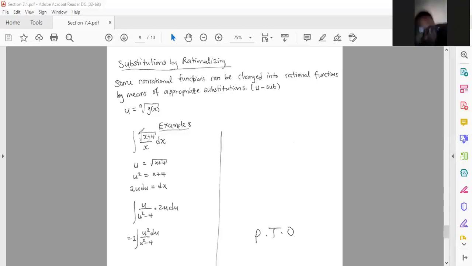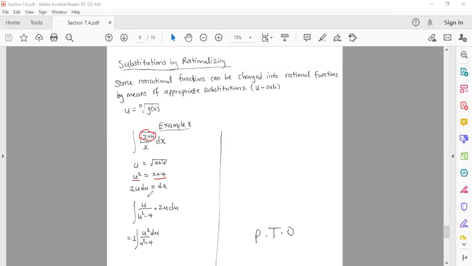So I give you the integral of square root of x plus 4 over x. You let u be this root here at the top, so u equals root of x plus 4. If you square both sides, u squared just becomes x plus 4. Why am I making this substitution? Take note, at the top where I see this root, I'm just going to have u. This is the u that you see there. And then at the bottom where I see x,